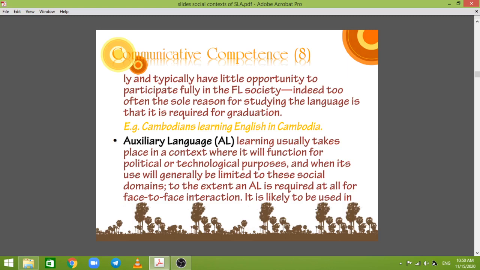Its use will generally be limited to this social domain, everyone, not as large as SL or FL. To the extent an auxiliary language is required at all for face-to-face interaction, it is likely to be used in linguistically diverse settings